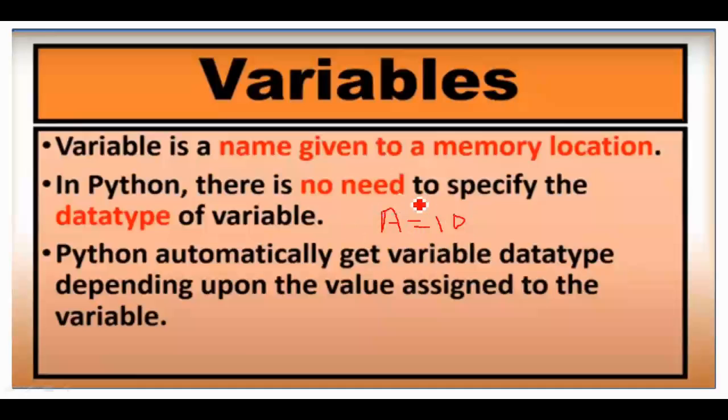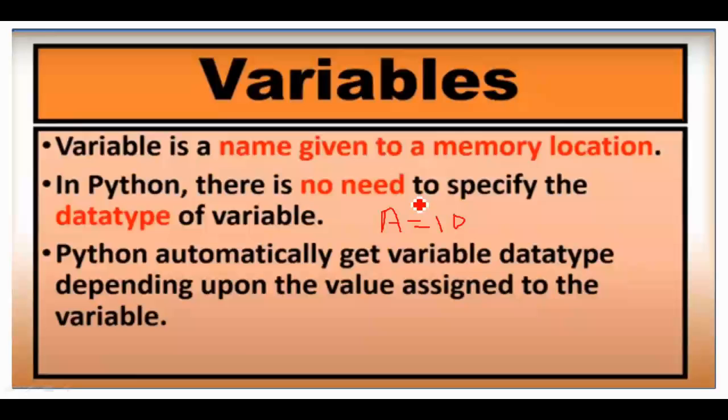For example, when I write a equal to 10 and b equal to 15, then a and b are the variables created in the memory, and they are integer variables, using which you are able to store the data 10 and 15 in your program. This data is accessed through the variable names, and these variables play a very important role in our Python programming. In Python, we do not have to specify the data types of the variables.